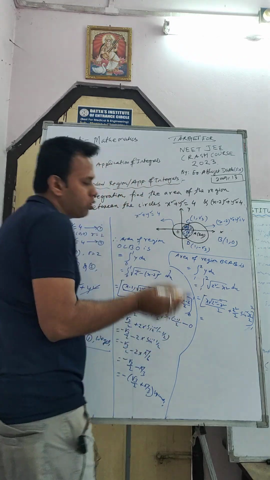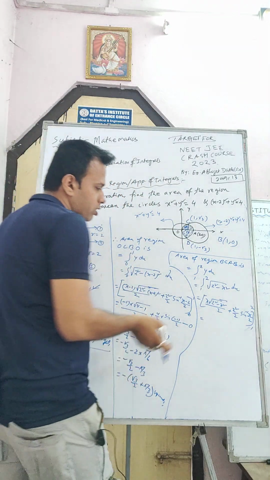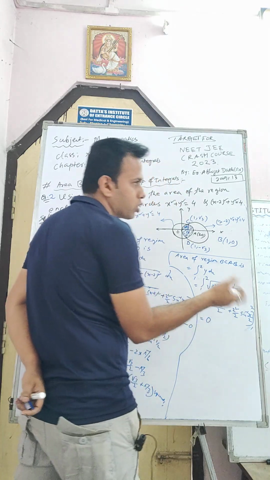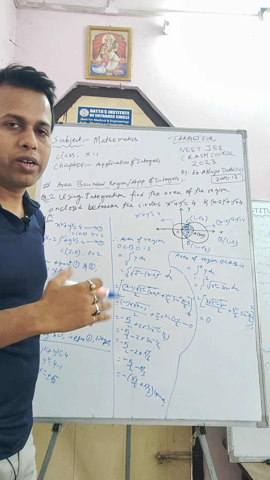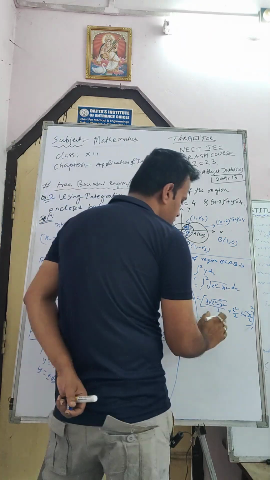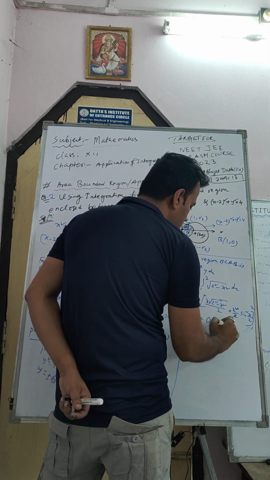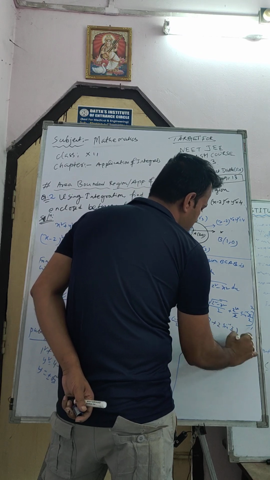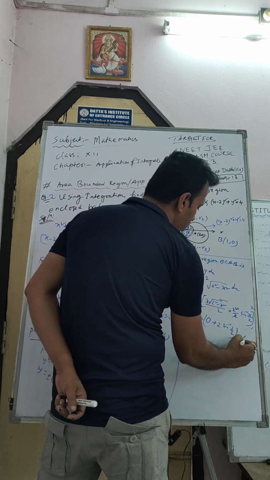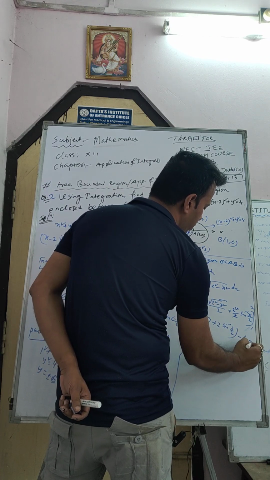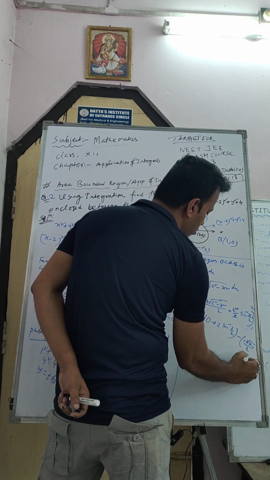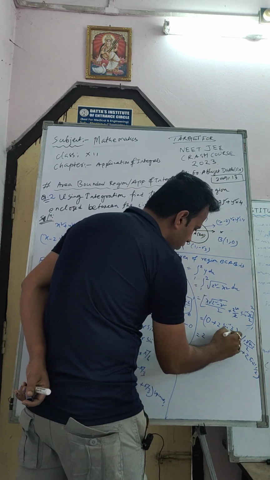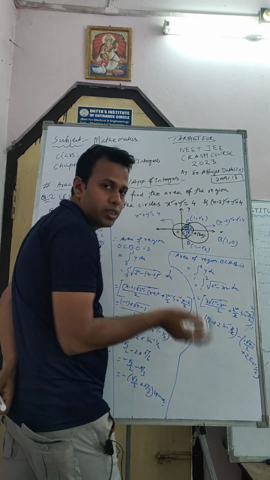So here we have to put the upper limit and the lower limit both. If I put the upper limit here, it will become 0, because here 2 square will be 4, that is root of 4 minus 4 is 0. So this part will become 0, and here will be 2 square by 2, that is 2 sin inverse 2 by 2. Okay, minus, if I put the lower limit here, it will become 1 into root of 4 minus 1 by 2 plus 2 into sin inverse 1 by 2, right? So sin inverse 1 is pi by 2.